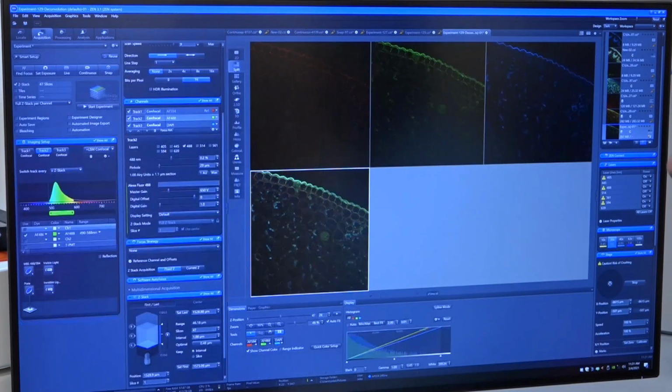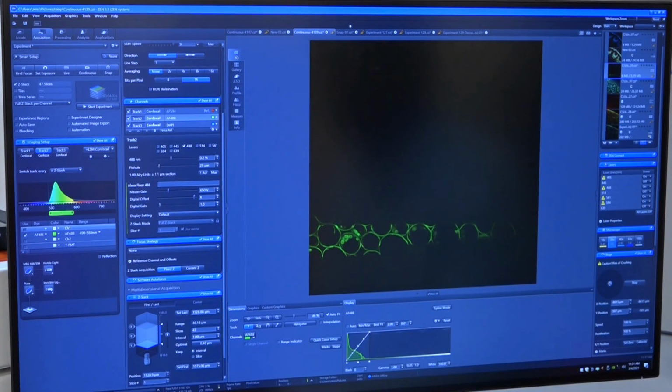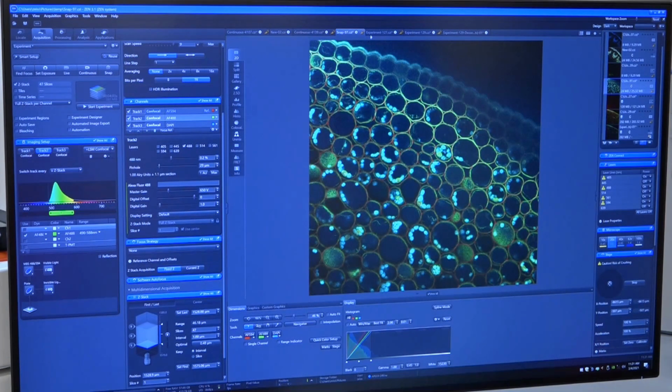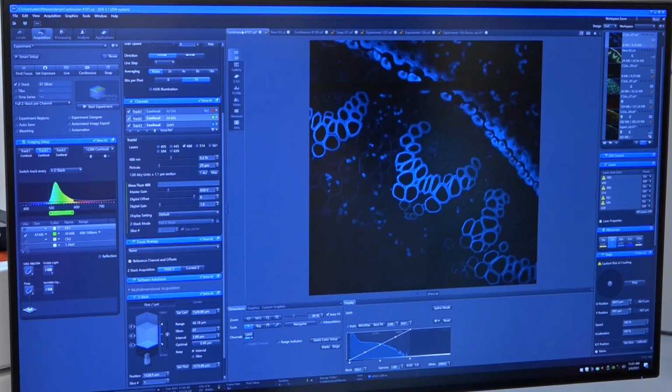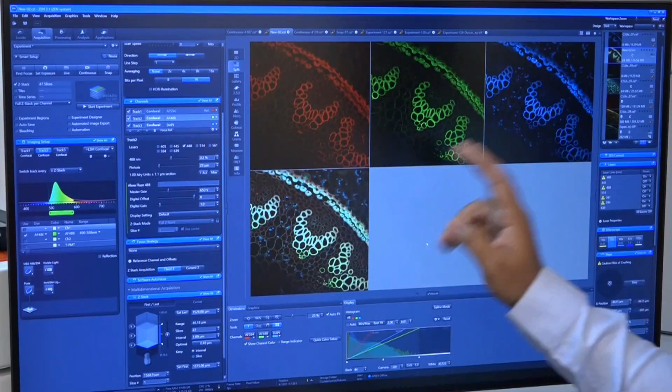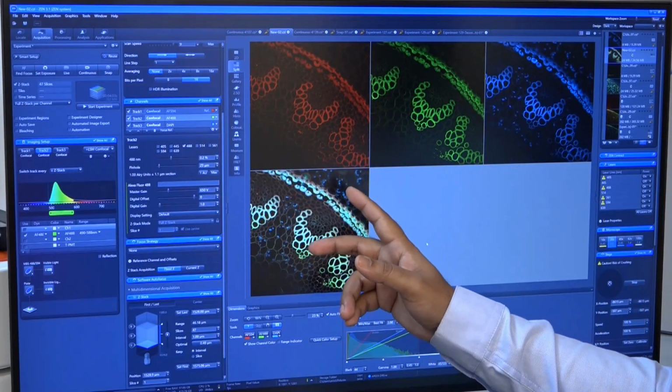Now coming back to acquisition, this is a multi-channel image which we have taken. We have taken a few more multi-channel images like this one. Red, green, blue, all three have been merged together at the same time.